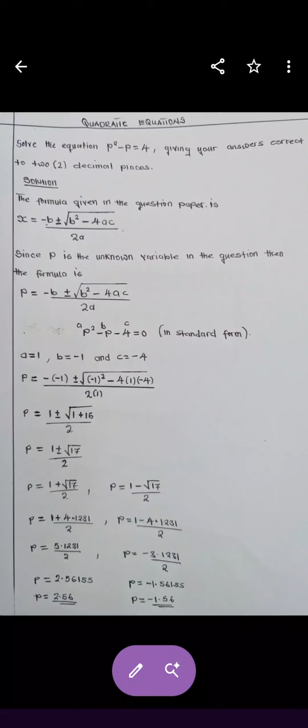So for minus sign, we are going to subtract 1 minus the square root of 17. Okay, so the square root of 17 is 4.1231. So 1 minus 4.1231 is negative 3.1231. Then you divide it by 2. So first you subtract, then you divide it by 2 alone. Okay, so when you divide it by 2, you're going to get negative